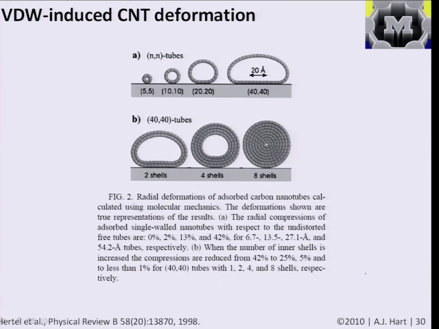And so this is a picture from a paper that actually calculated the deformation of carbon nanotubes due to van der Waals interactions with a substrate. So basically what they did by a computer model is realize that because of the pulling or the attraction between a flat substrate, I don't remember what this substrate is, this could be a silicon substrate, and the atoms in the nanotube,